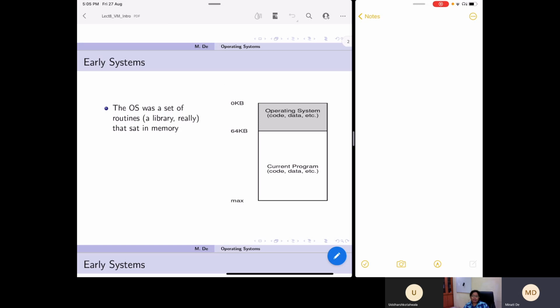If you attended the first lecture, we discussed that in the early days the machines were very big, huge machines, and you could run one process at a time on them. So if you want to implement that kind of environment,